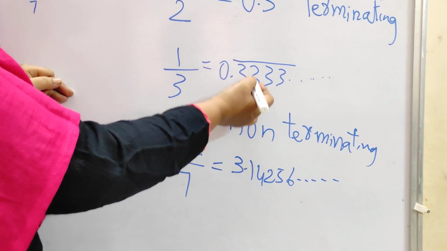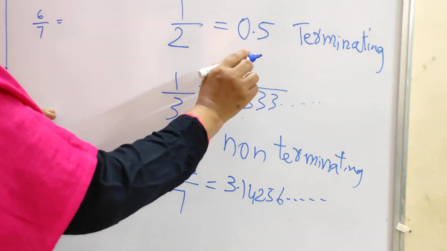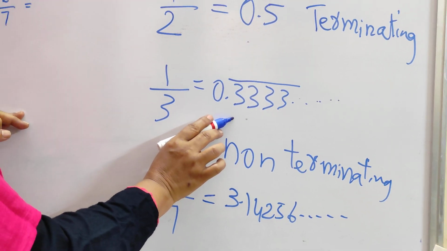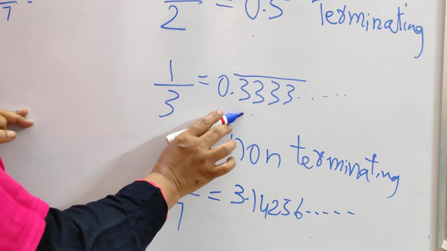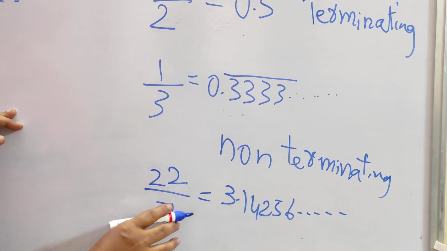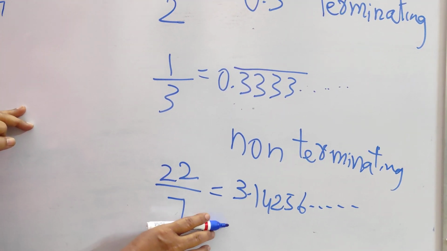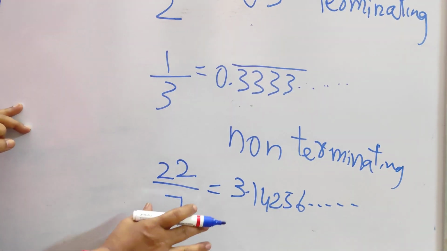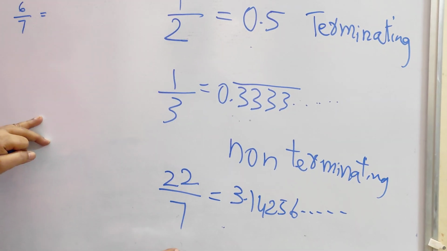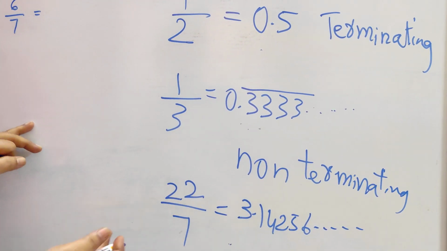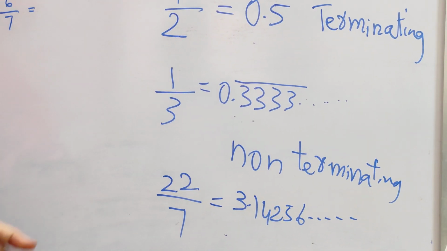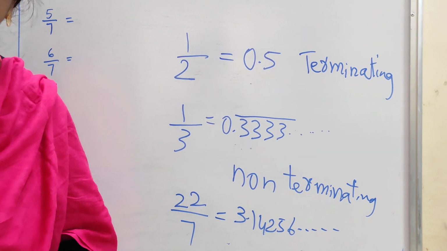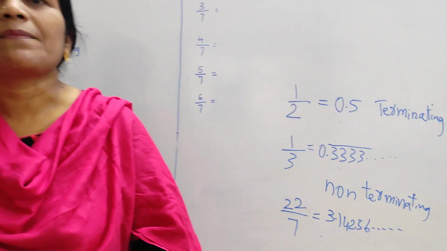And here we have three types of decimals. One is terminating, one is non-terminating. In non-terminating you have repeating decimals, and again in non-terminating we have non-repeating decimals also. These kinds of things we will be learning in our exercise. Then we will learn another concept, that is how to express a given decimal in p by q form. So let us begin the chapter.